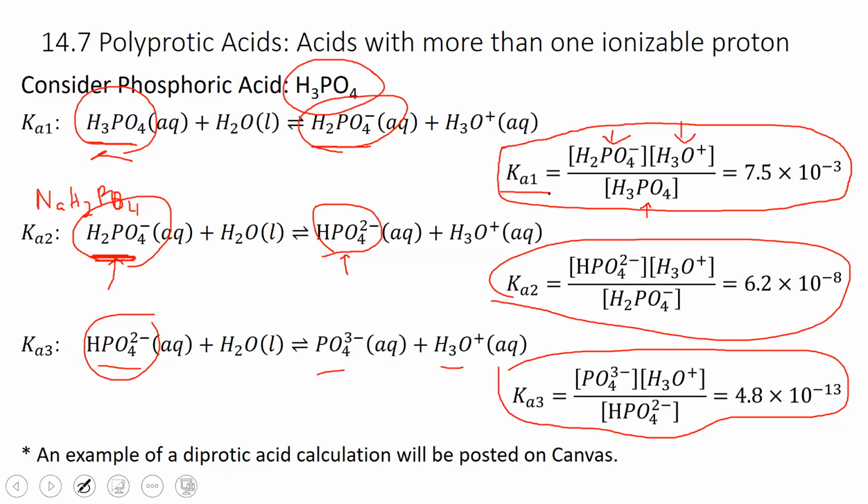Ka1 is for the first proton that gets removed, Ka2 is for the second proton, Ka3 is for the third proton that gets removed. And the first proton that gets removed is going to have a larger Ka than the second one, which will be larger than the third one. So each subsequent proton that gets removed is a little bit less acidic than the previous one. And we should know that already from the stuff we talked about